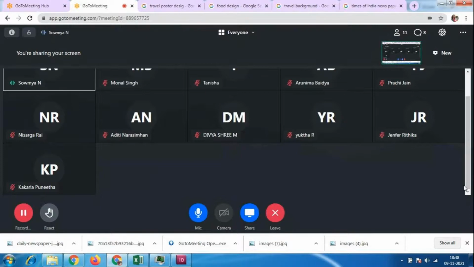Divyashriyam, Yukta R, Tanisha, anybody can tell me what is the maximum font size we are getting in InDesign software?